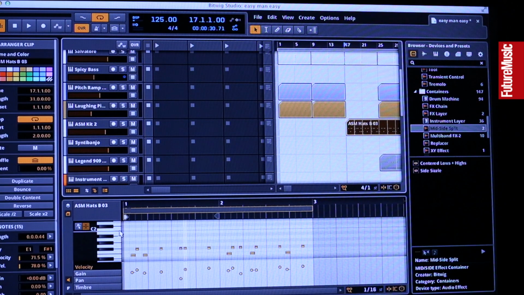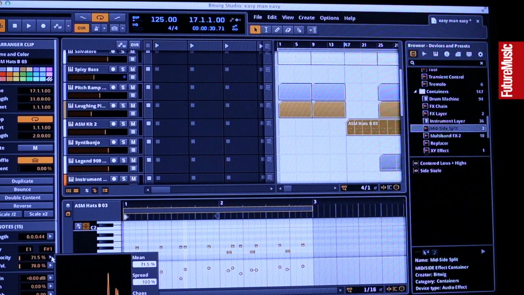We came up with a little idea that looks a bit nerdy at first, but it's really useful. I can just select the clip, now I've selected notes, and I can see 50 notes are selected. If I hit that velocity button now, I can see a histogram of how the velocity values are spread. Based on that, I can now introduce chaos, and I can see how the histogram shows what the different values are like. If you take a look at the velocity dots in the editor, you can also see that the chaos does different things to them.